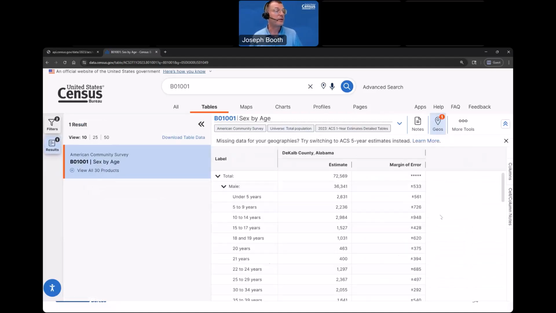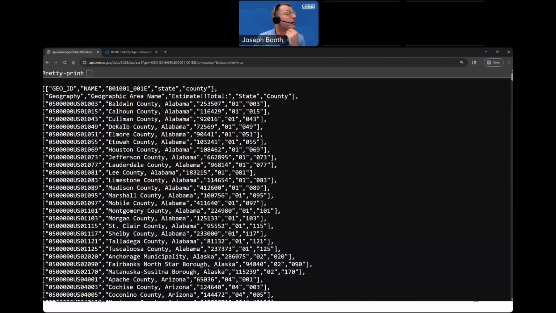All right, so we have found DeKalb County, Alabama. This is our estimate, 72,569. And we're going to look over here. We have DeKalb County, Alabama, and we can see that we have 72,569. This is our county code, this is our state code, and this is our UCGID.